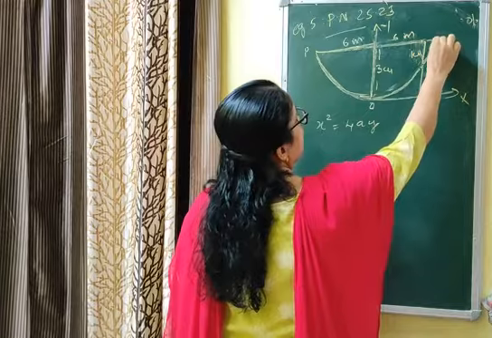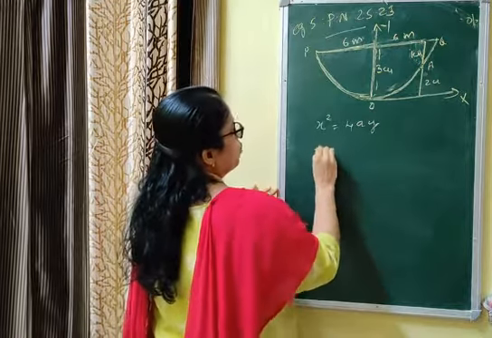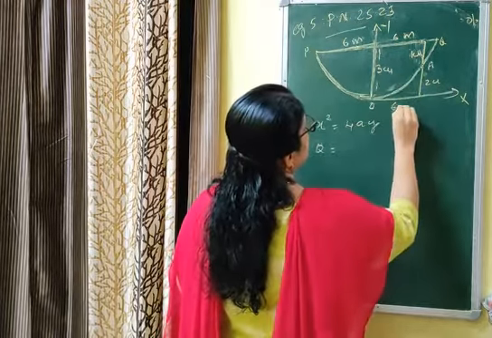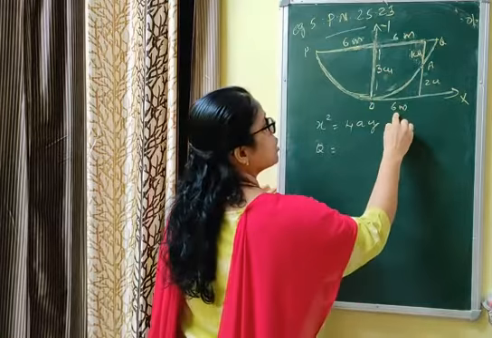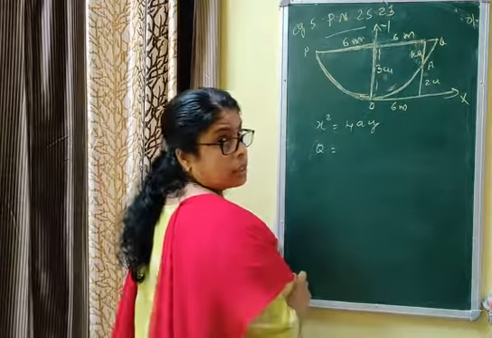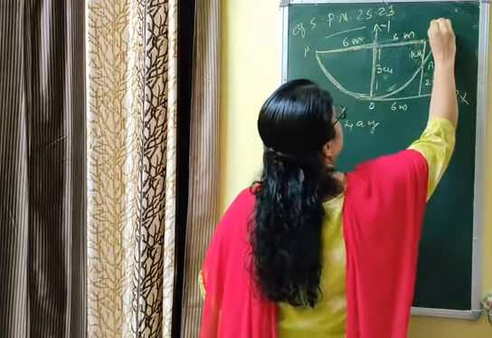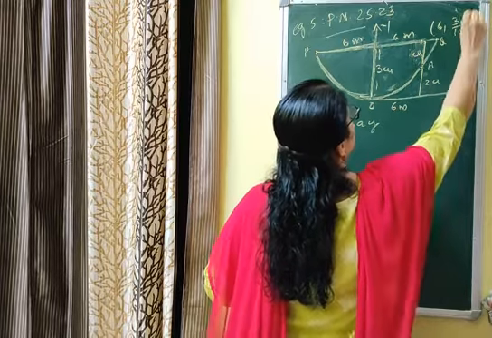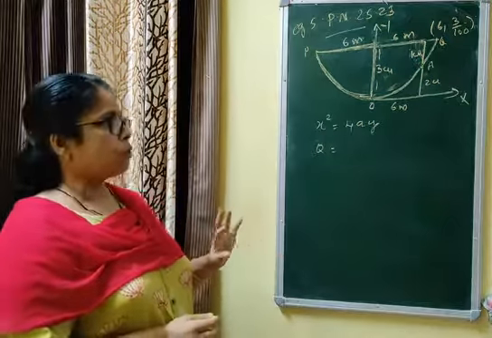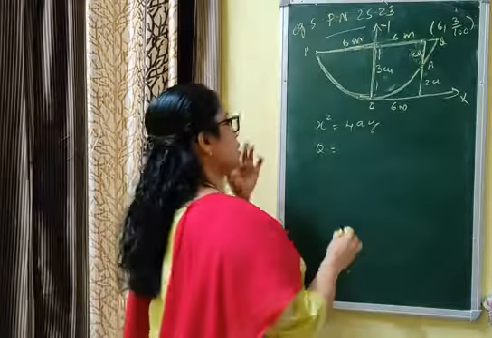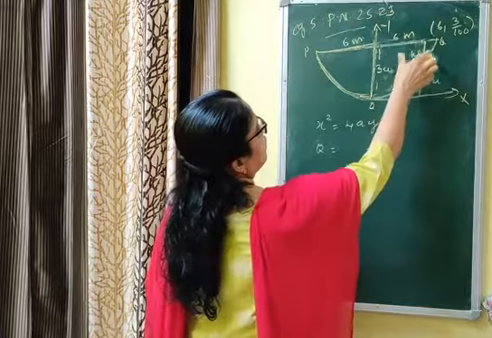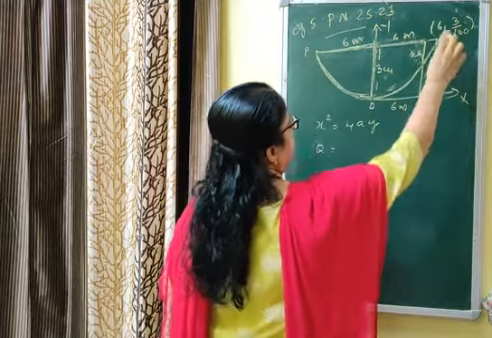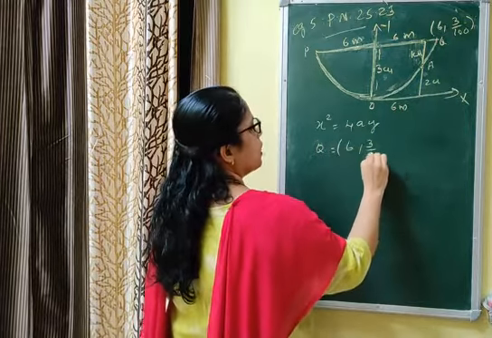For that you have to find a general point. What is Q? What is the coordinate of Q? This distance is 3 centimeter, and this is 6, means this is also 6. This is centimeter and this is meter, so you have to change it either in centimeter or in meter. I am changing in meter, that is 3 by 100 meter. Either you can use centimeter or meter, but it is better to use bigger units. So this distance is 6, this is again 6, and this distance is 3. The coordinate of Q is 6, 3 by 100.